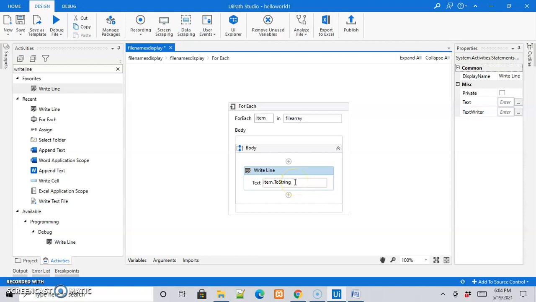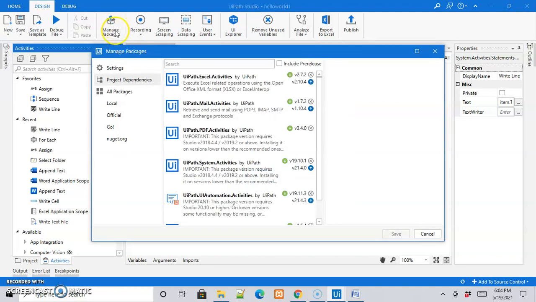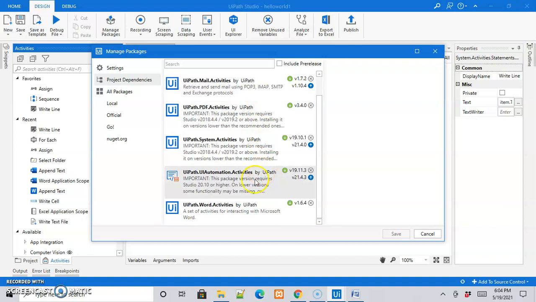Okay, now the next task is to type or print the same file name in the MS Word file. So before proceeding with the Word, what we need to do is we should have the appropriate package in order to work with MS Word files. So we'll be clicking on this manage packages section in the ribbon. So here you can see the installed packages here. I have already installed this